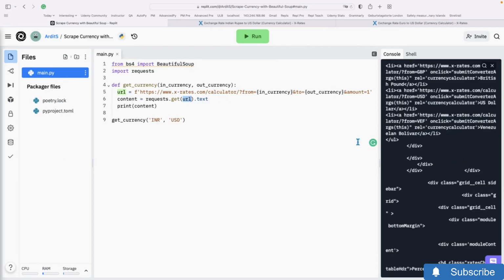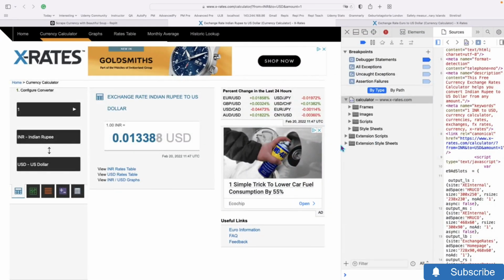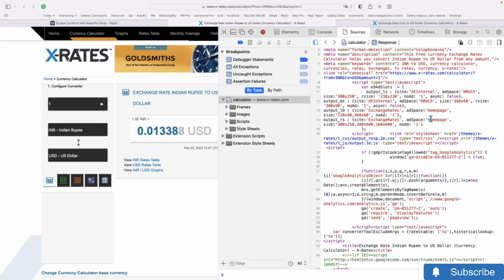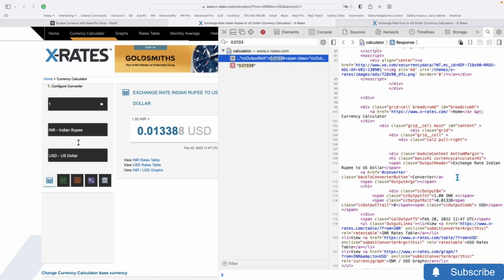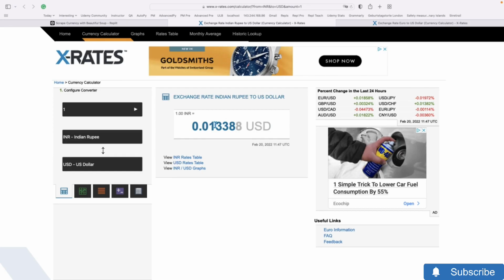Now, out of that source code, we only want this number. So that is hidden somewhere in the source code. If I search for that using this button here, 0.0133, you see it's somewhere in here. We want to get that number only from that entire source code. So that number shows up when I search, but if you want to go directly to that number, you can